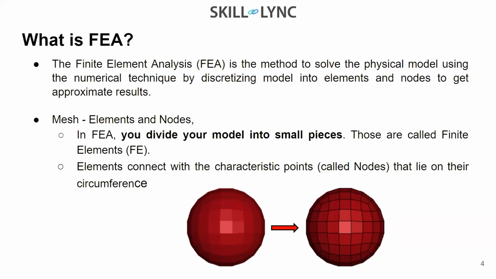So what is happening? In approximate methods, finite element analysis is one type of method. What we are doing in finite element analysis is, suppose, like you can see the image over here, we have a bigger geometry, that is the sphere, and we are dividing that sphere into smaller elements, right? This process of dividing the bigger geometry into smaller geometry is what we call meshing. Again, we are going to cover that also.